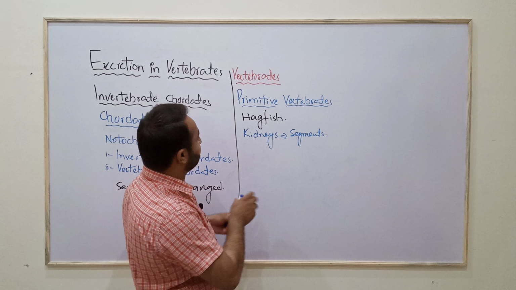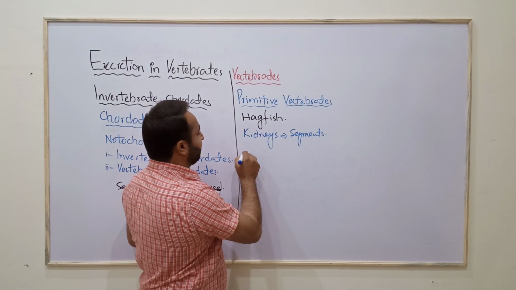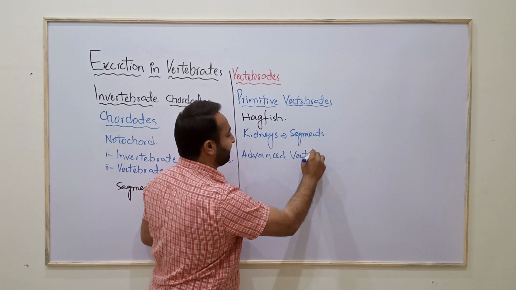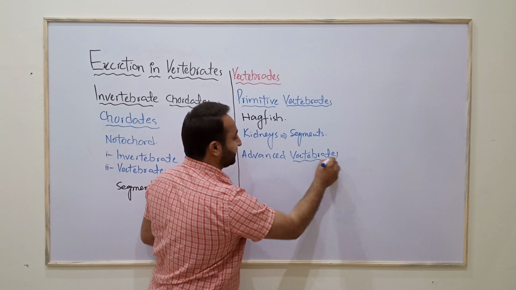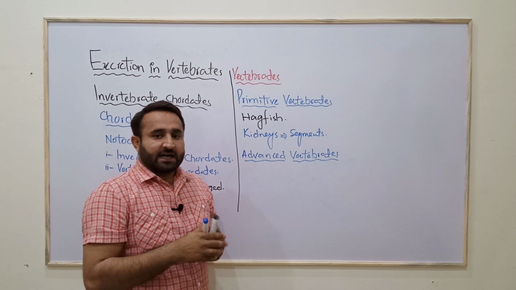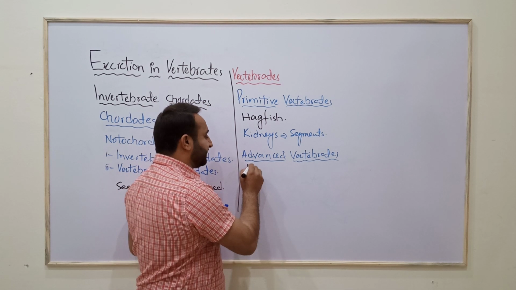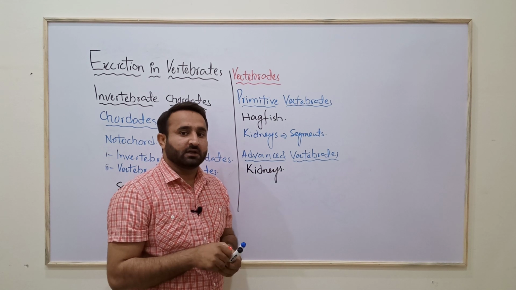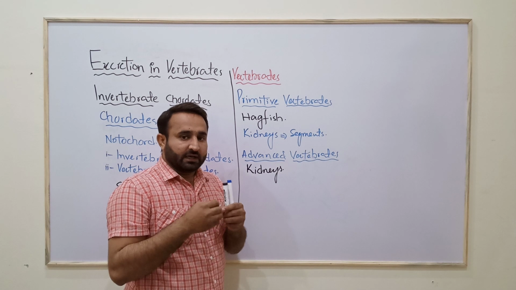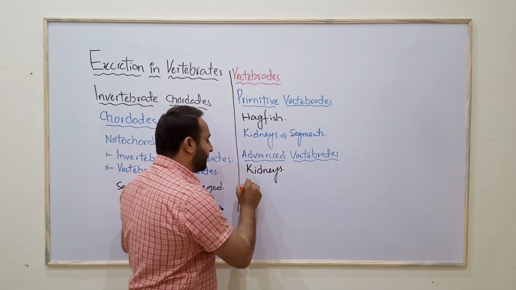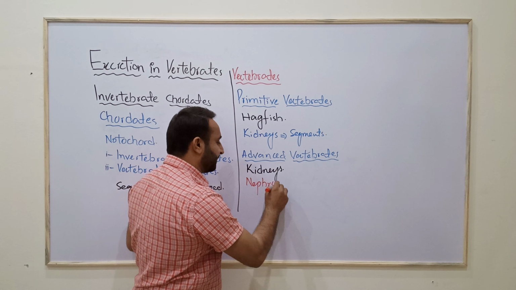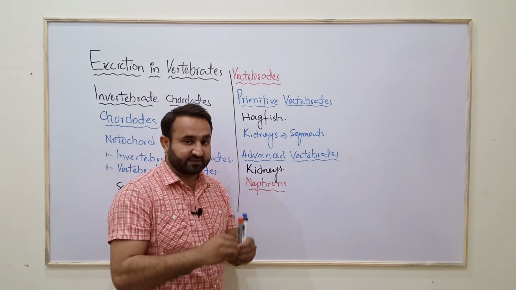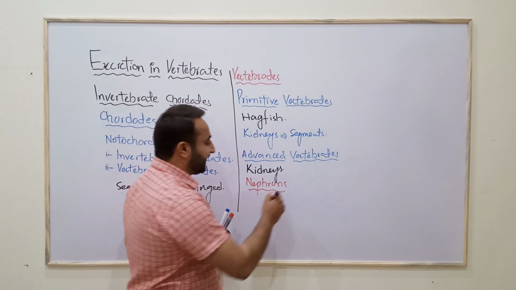Now we are going to discuss the advanced vertebrates. What are the advanced vertebrates? Like human being. In advanced vertebrates, kidneys are present. These kidneys have millions of excretory tubules which are called as nephrons. One thing, nephrons are not present segmentally in the kidneys, and second thing,